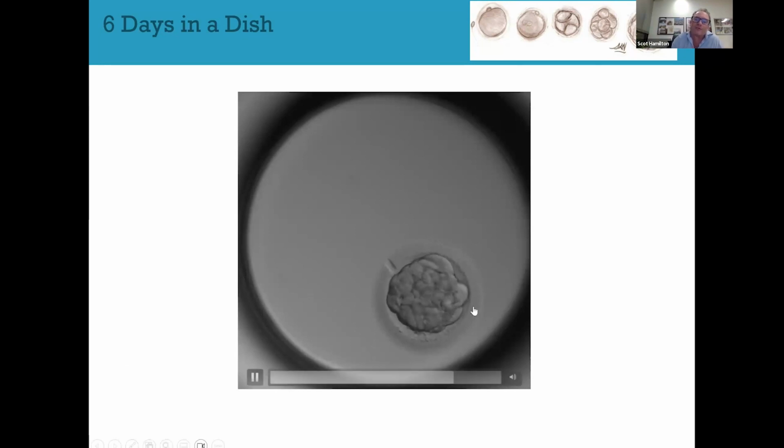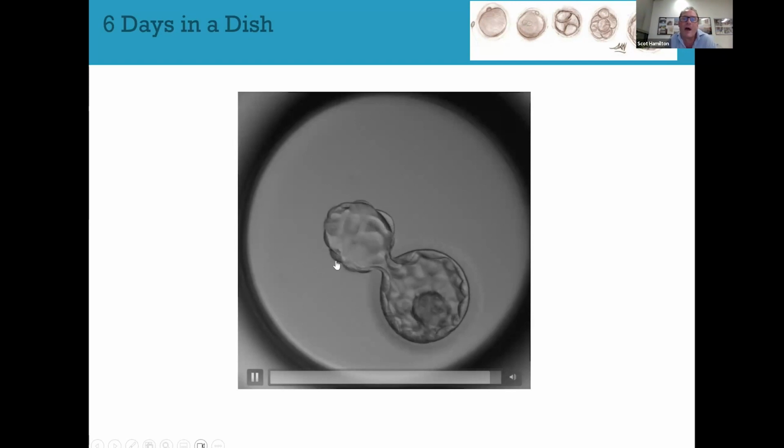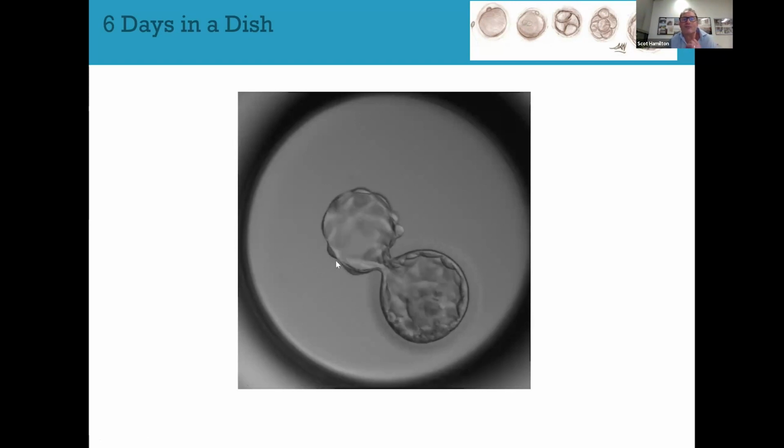This is compaction. It's called a morula. That should be around day 4. You can see the cells elongating a bit, fluid being pumped into the center. This is cavitation, and now it's an early blastocyst because you're starting to see an inner cell mass and these elongated trophectoderm cells. And with the fluid pressure, some of them have herniated out, and these can be biopsied and maybe 5 of those cells sent off to a commercial testing company.